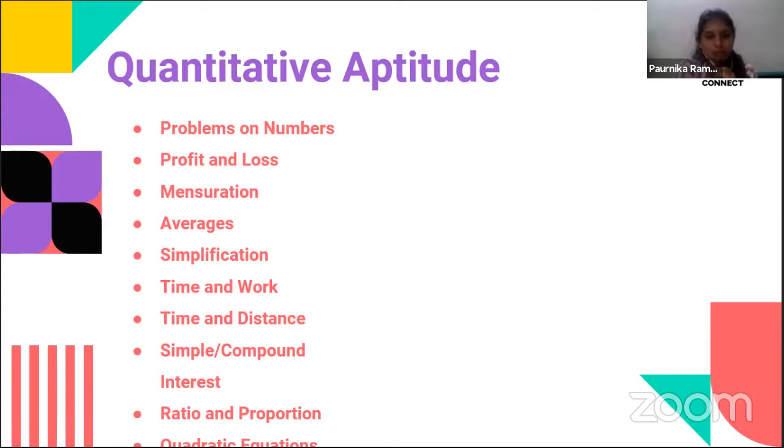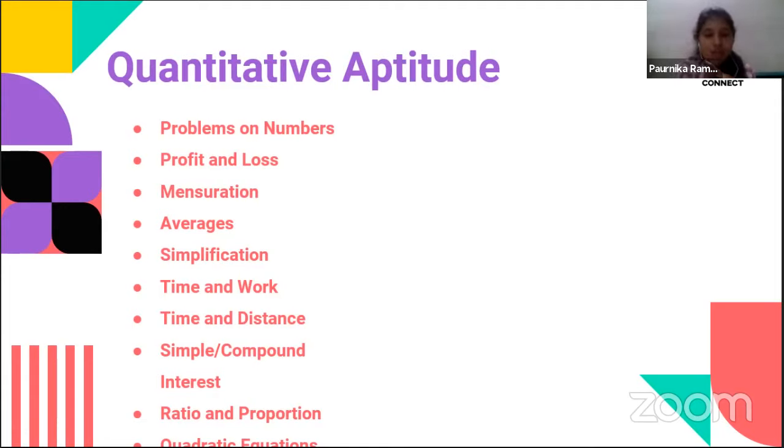Next, as I was saying, simple interest and compound interest, do not regard it as anything less, it is one of the most important and interesting topics. Playing with numbers. If you are a person who loves to play with numbers, then simple interest or compound interest will be your favorite topic. So do not skip any topics in this slide. You don't have to note or screenshot the slide. These are all basic topics that you have to have a great knowledge upon.